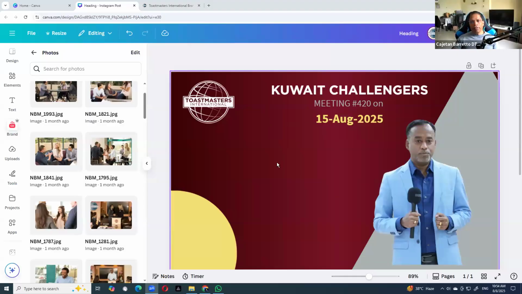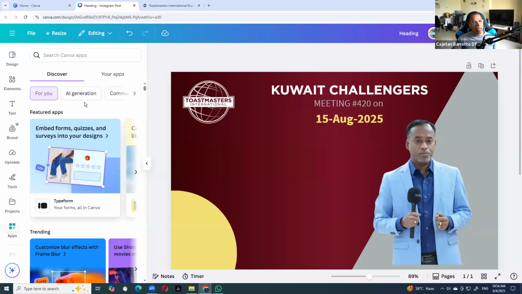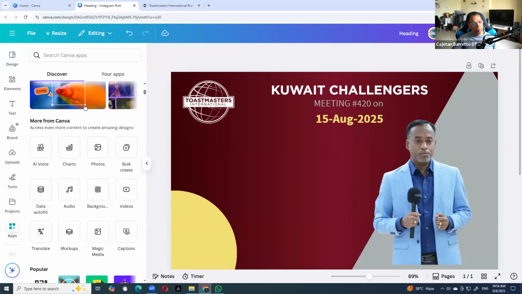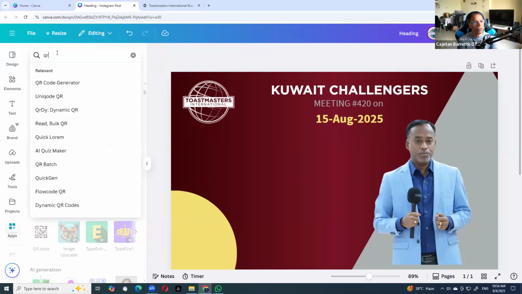Yeah, so if you think that by adding a QR code with the meeting link will help you, then what we can do is add the QR code in Canva very easily by going on the left-hand side, and then there are these apps. Where is this apps, right? There are many apps that allow you to do things, and one of them would be a QR code. So you can just search for QR code. So you have a QR code generator.